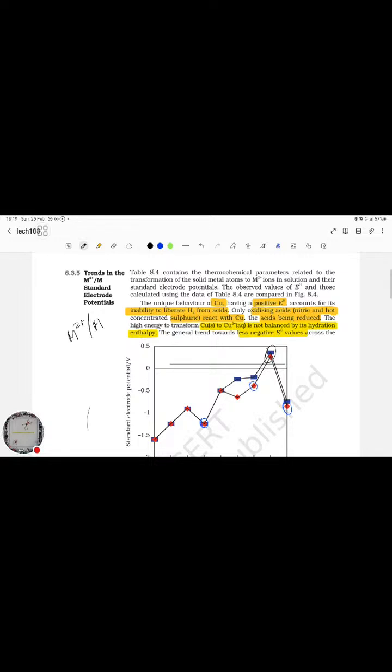What that means is, it is not a very good base. What does it mean that it is not a very good base? M2 plus, it means its inability to abstract H2 from acids. So what is reduction potential? The higher the reduction potential, the more will be its value. Okay, wait a minute, if the reduction potential is higher